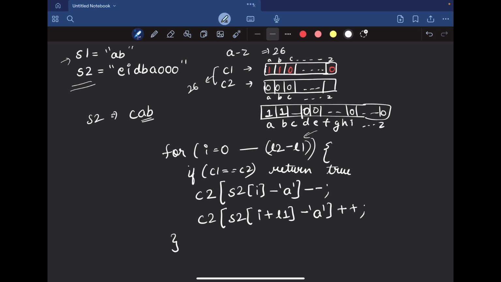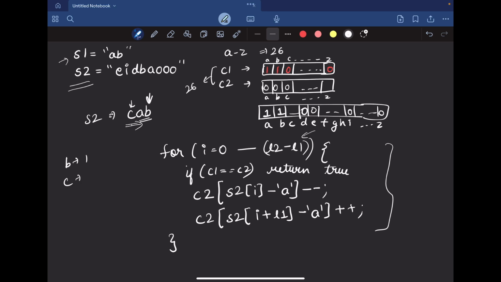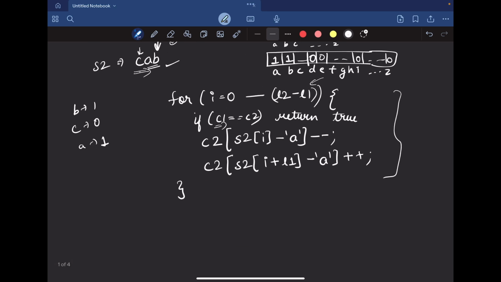But if you apply this logic and traverse this, then at the last, B's value will be updated. B will become 1 and C will become 0 and A was already 1. At this point, C1 and C2 would be equal. But when it goes to the next iteration, there is no element present here, right? Our loop will get finished. So at the end also, before returning, we'll check if C1 is equal to C2. If it is, then we'll return true. Otherwise, we'll return false. Okay. At the end also, we need to check this before returning, right?